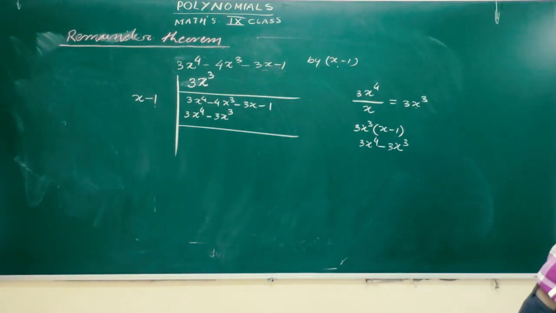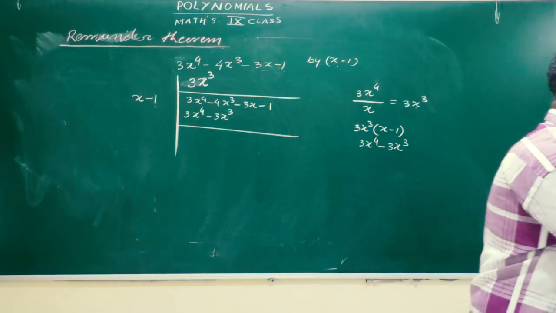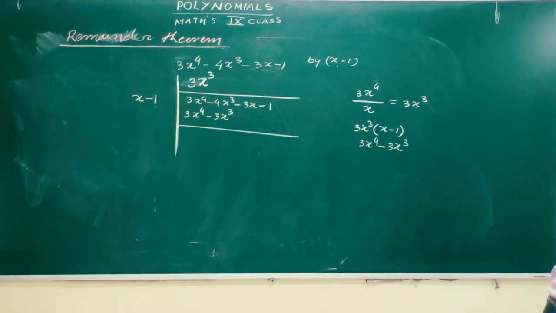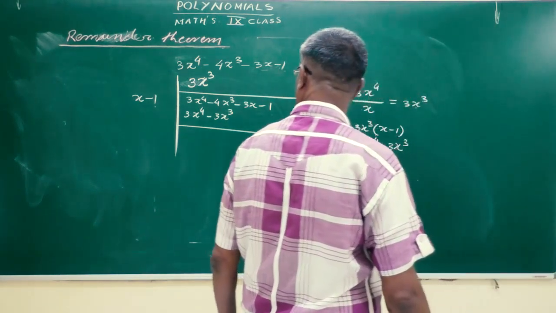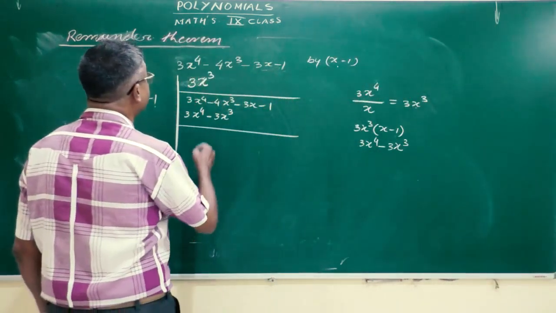That 3x cube minus, okay, correct. 3x cube minus 4x cube. Okay,